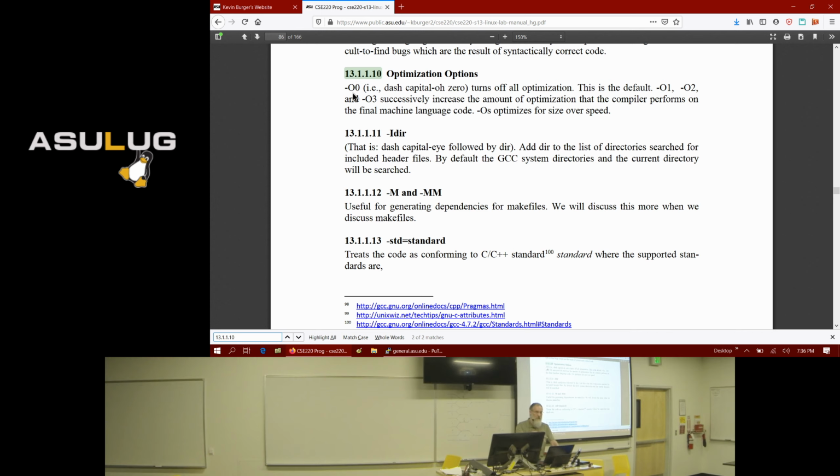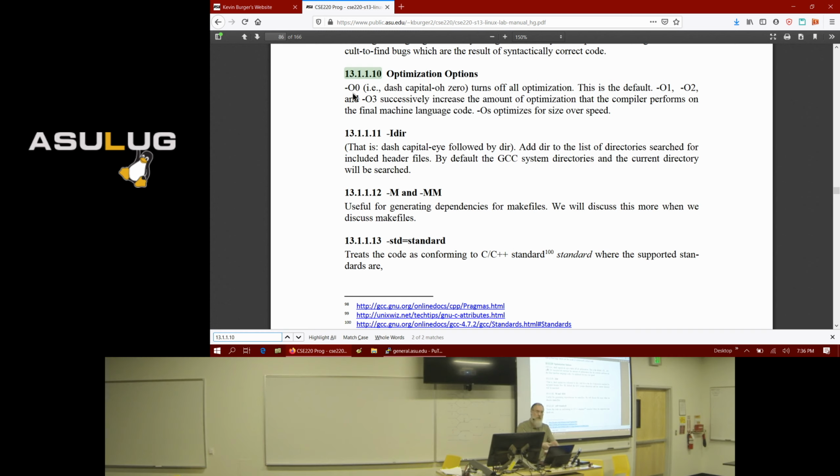What we mean by optimization is that the compiler, as it's reading the source file, is creating the machine language version of your program. If you don't optimize the code, the generated machine language code may not be efficient.